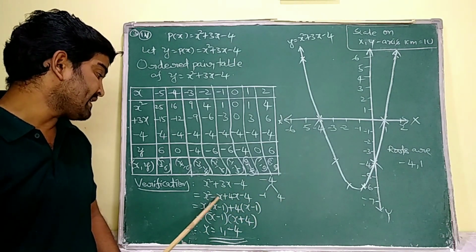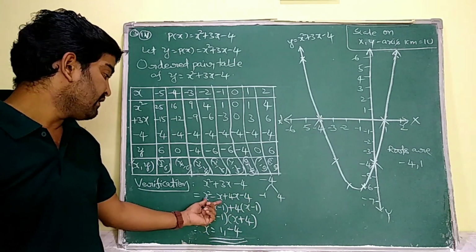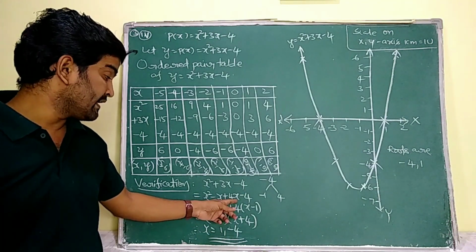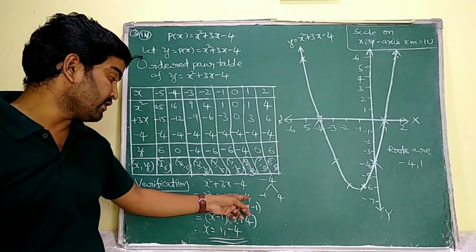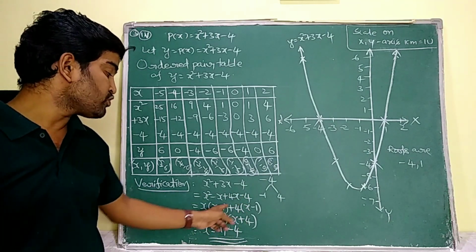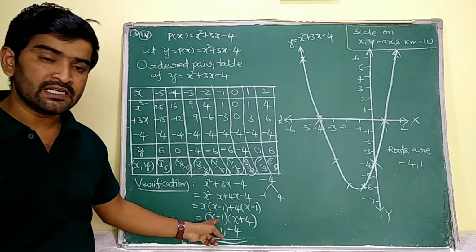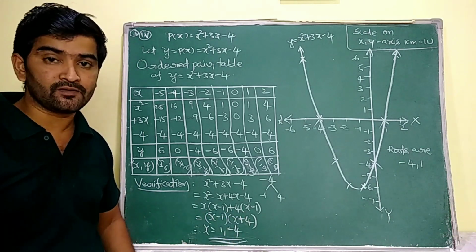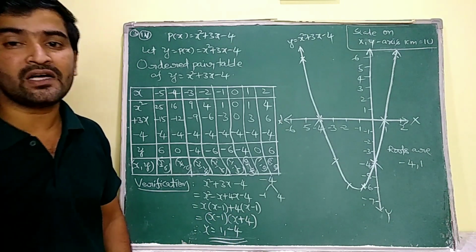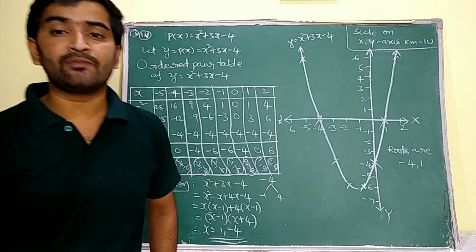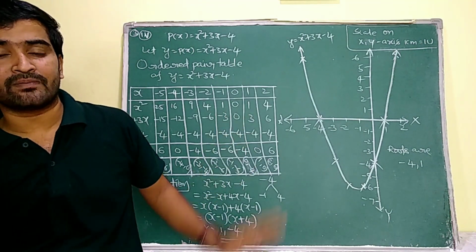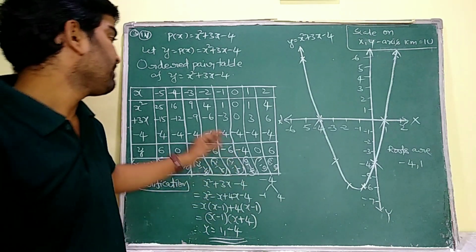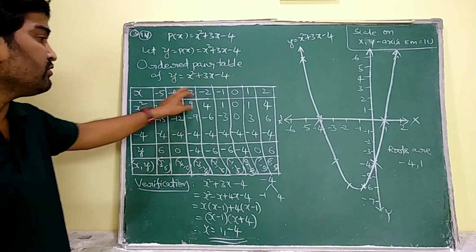So x square minus x plus 4x minus 4. From the first two terms I am going to take out x as common. And the next two terms I am going to take out 4 as common. So here in these two terms x minus 1 is common now. So x minus 1 into x plus 4. Therefore the zeros are 1 comma minus 4. That means here x values are 1 comma minus 4. So I am going to take one value left side, that minus 4, and one value right side to that 1. That is I am going to write minus 5 to 2.